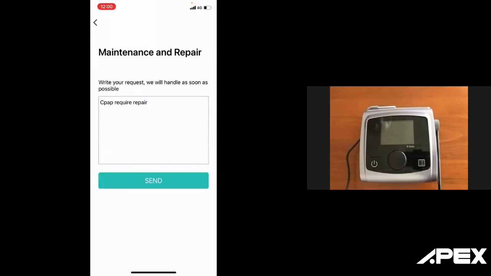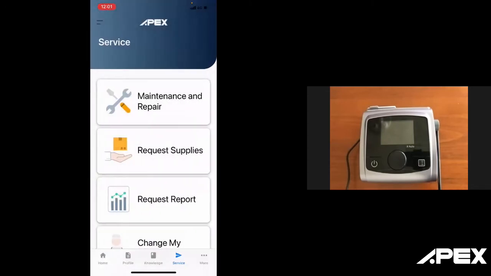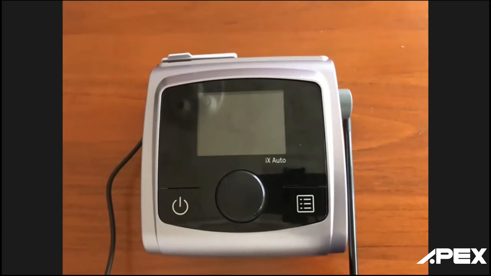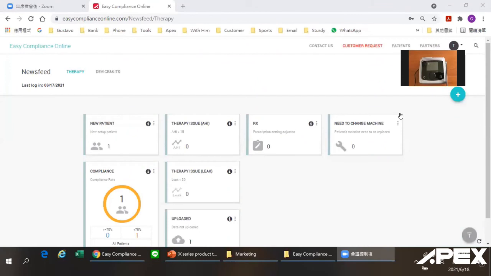And then I press done and I press send. Now this piece of information will appear on the customer request under the account of the clinical user of the DME. So let me stop the sharing, and then let me log on to the Easy Compliance Online